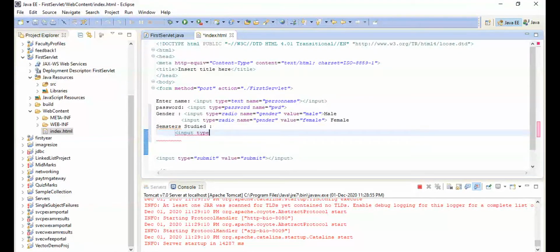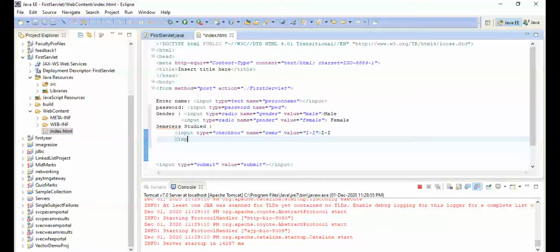Input type equal to checkbox, name equal to the first semester, value equal to on, and the text to be displayed to the end user: 1-1.